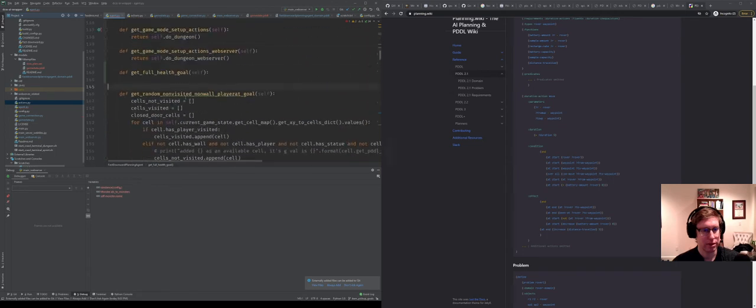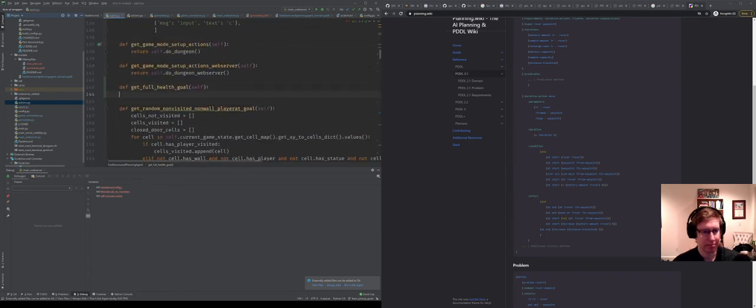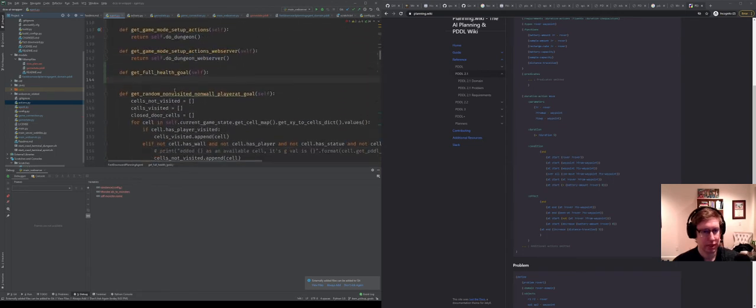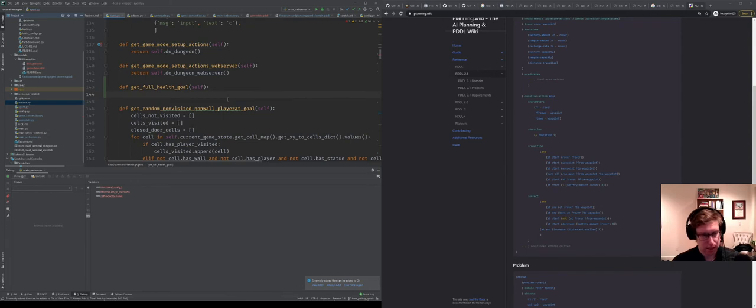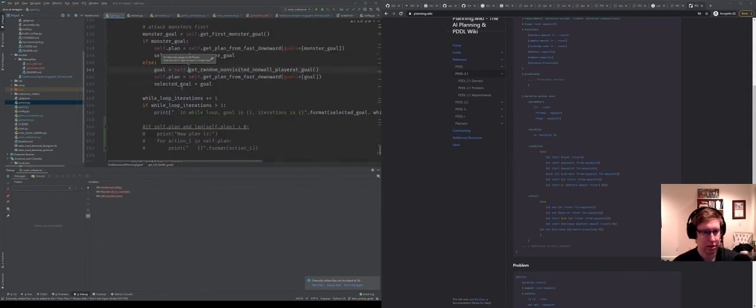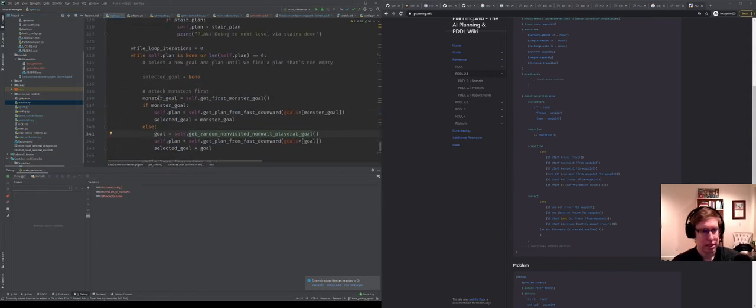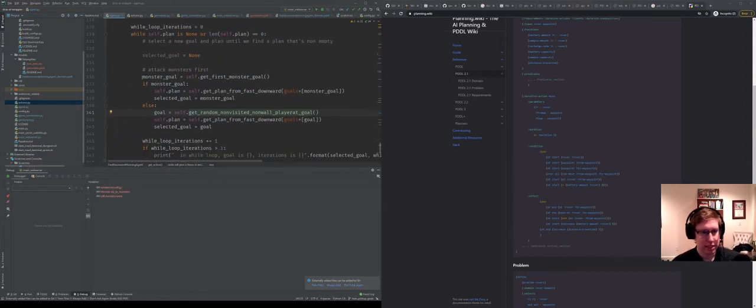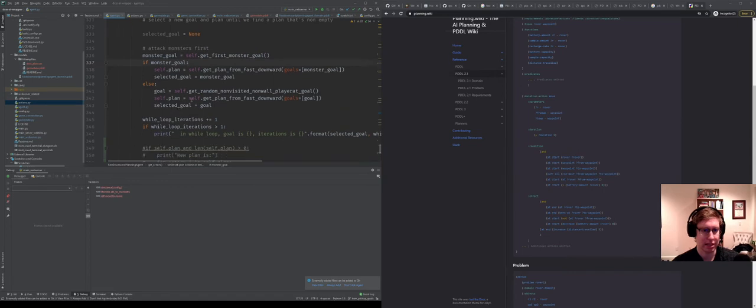I think what we want to do is, before I do this, let me check to see how the goals are actually being called. So this is in the next action. Basically it says, it tries to get a monster goal. And if that fails, then it's going to try and visit somewhere. So I think what we want to do is